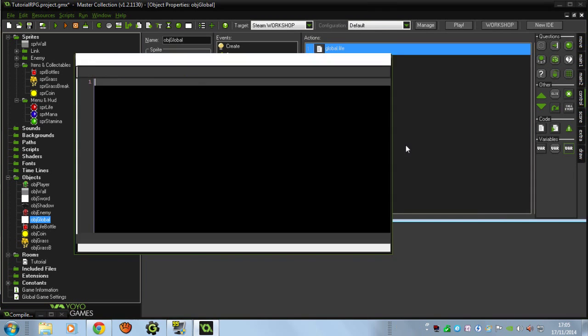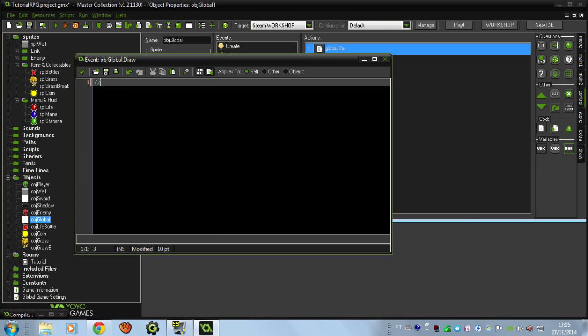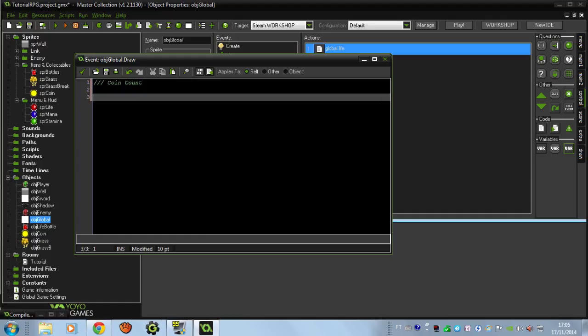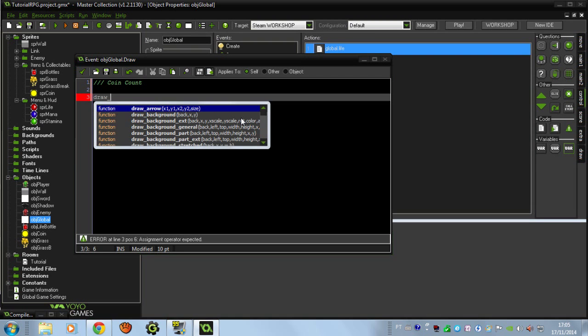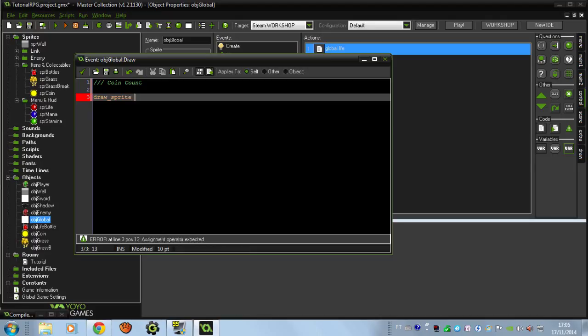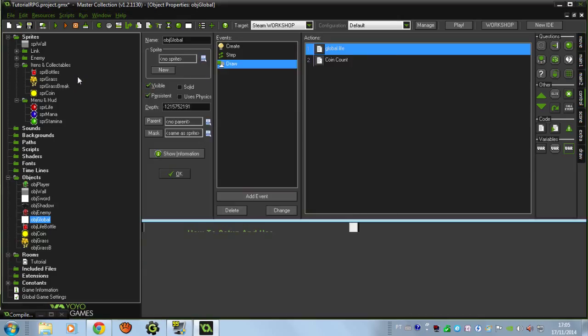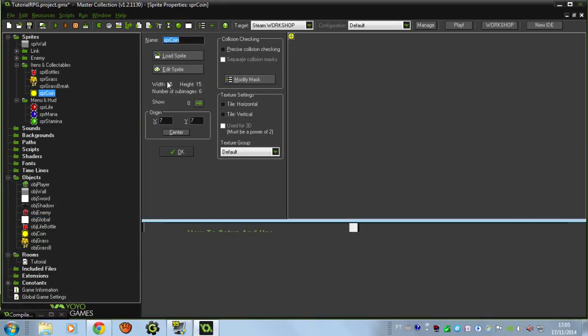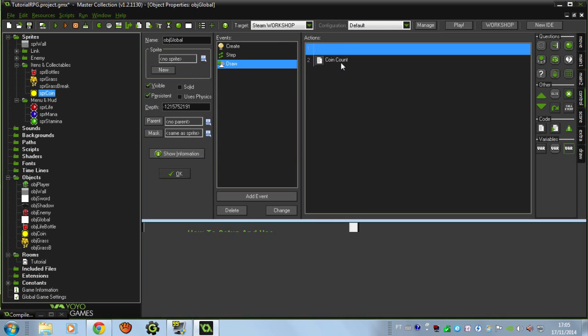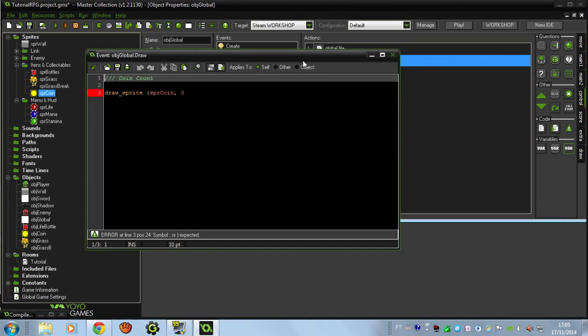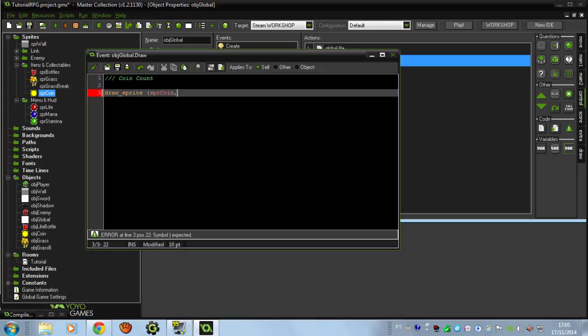Let's make here the coin count. What I want you to do, we only will draw a sprite. Draw sprite, spr_coin. The sub image I will put, I don't remember. Let me see here. Yes, the first one, it's 15 by 15. I don't know if you guys call it 15 or 15. I'm sorry for that. I forgot about it. So 0